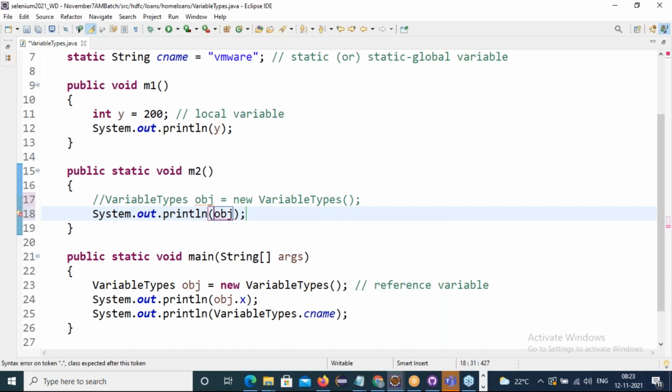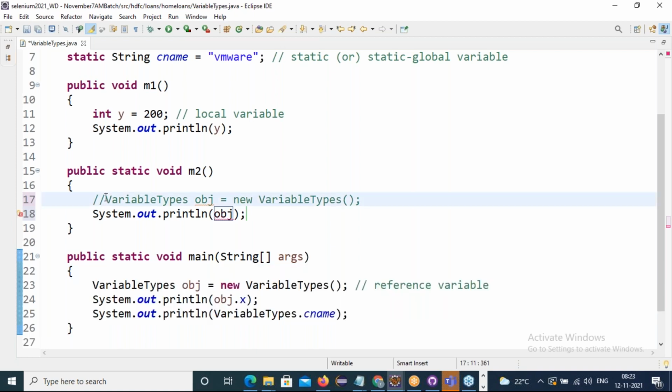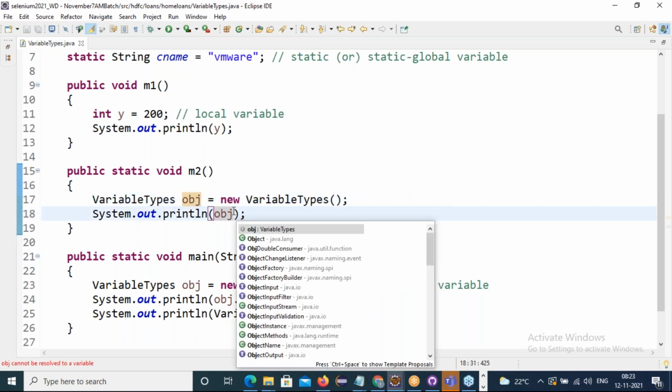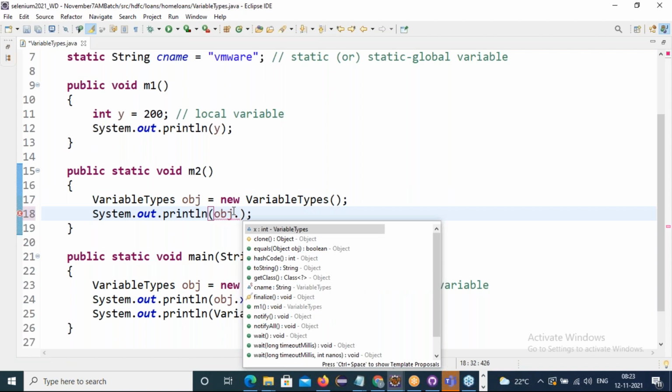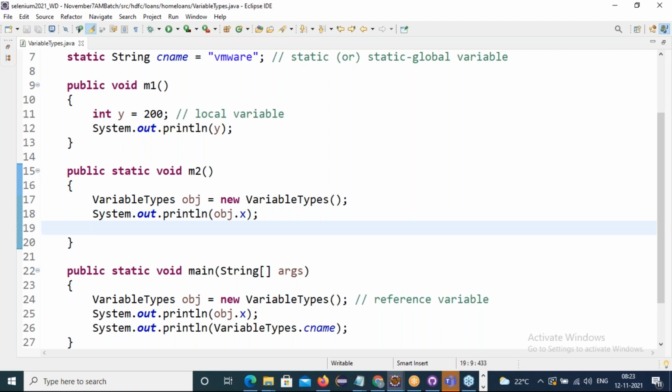No, because this obj class reference belongs to this method only. That's why we must create the object here with this class reference variable. See, I can access dot x. Now, how do I access the static variable?